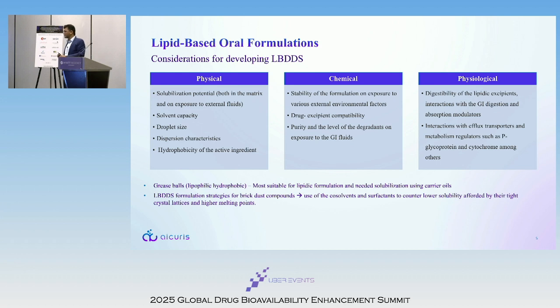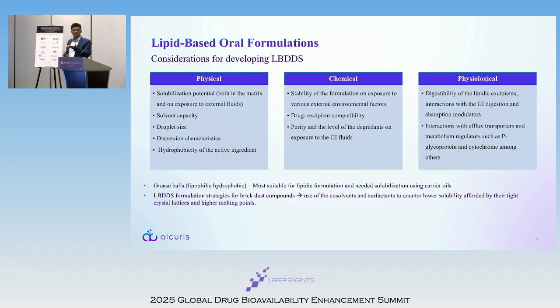When you go for out-licensing or scale up, do you really want to use this expensive super refined PEG, or maybe it is a good idea to change this PEG with some other excipients, or at least maybe add an antioxidant. But there also you need a rationale. The moment you want to add a preservative or antioxidant to the formulation, you need to have sound data or rationale to justify the addition of excipients. But what I'm trying to say is, having the data on the drug excipient compatibility, and if there is any sensitivity of the drug towards the residual oxidizing impurities, which is often the case in lipid excipients, that should be taken into account. And physiological aspects are also important.